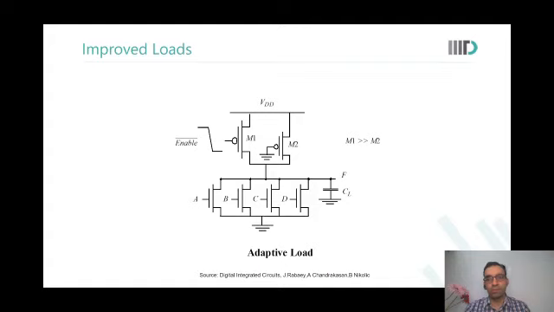Yeah. Not leakage. Leakage is not the focus here. No, leakage is saved because in the static case now only M2 is on. See, why wouldn't you have made M2 much larger? Had you made M2 much larger, static power would have increased significantly. Right, sir. Now you've actually saved leakage by this method without compromising on rise time. You've done both now. Right, sir. Got it. Okay. Thank you. Is this point clear to everyone?